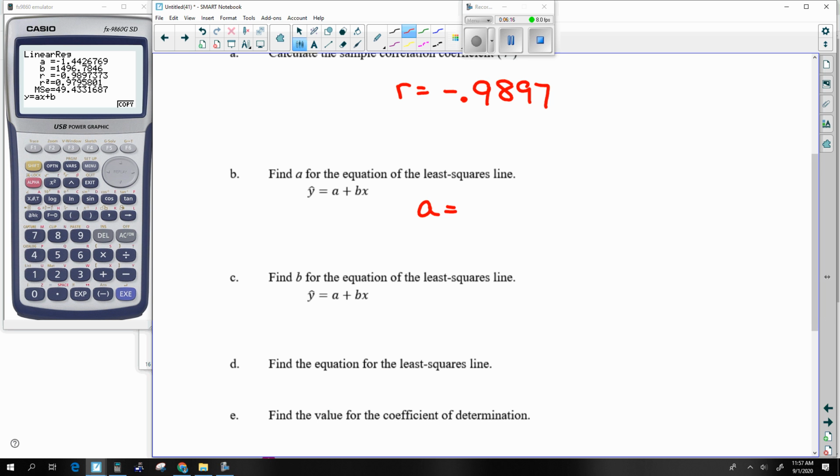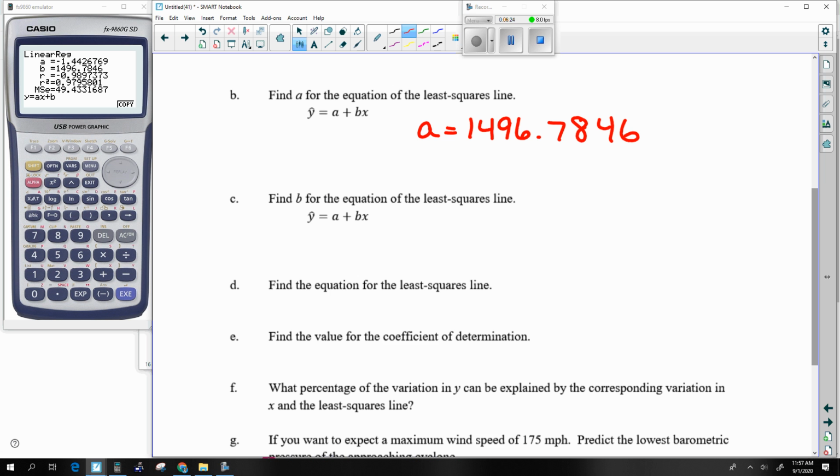A is 1,496.7846. Again, my calculator is different than your calculator. Follow what yours says. The B should be negative 1.4427,